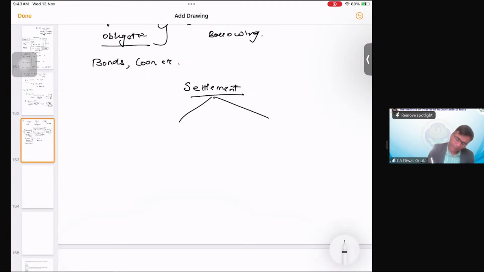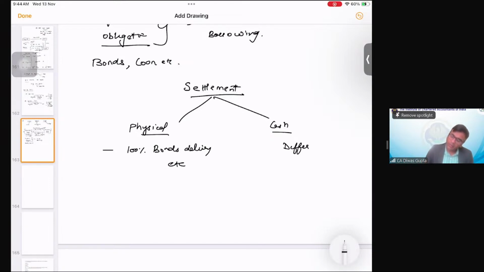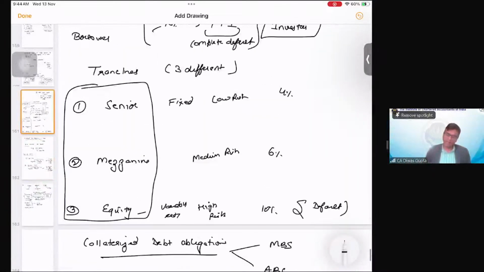One is physical and the second one is cash. So in physical settlement on default, the protection seller will actually deliver the bonds, basically 100% bond delivery. This is the physical delivery. For cash, only the differential payout will happen. Okay, so this is it from the understanding of credit default swap and the collateralized debt obligation,